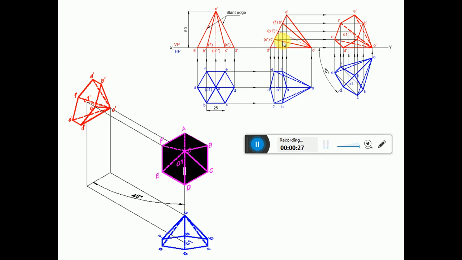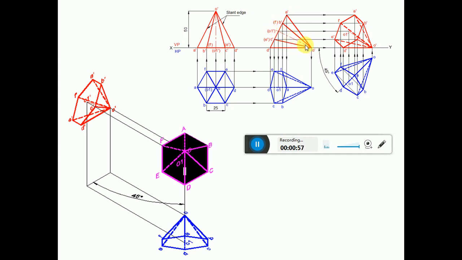whether it is having apparent inclination or a true inclination. Because in the problem he says the axis appears to be, so he has given the apparent inclination. If we check in the second position top view, you need to reproduce it in the third position top view, so naturally we have to check only that particular condition. Once the slant edge is resting on HP, obviously the axis is going to become inclined to HP.